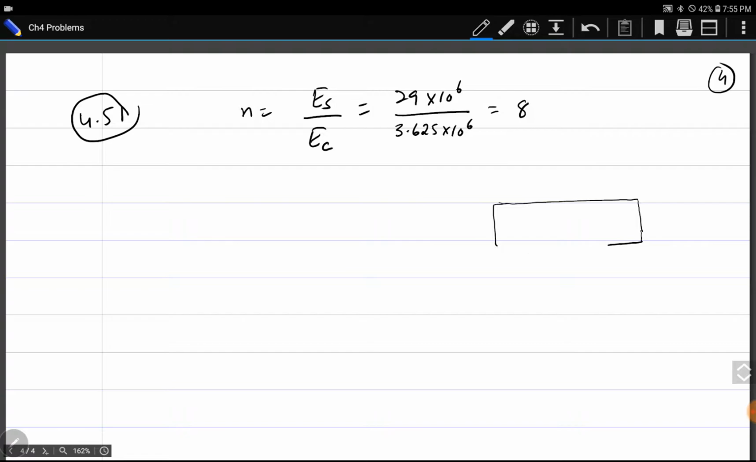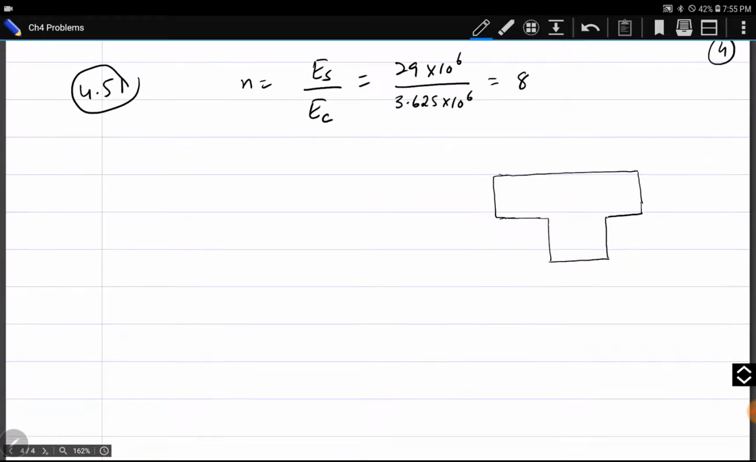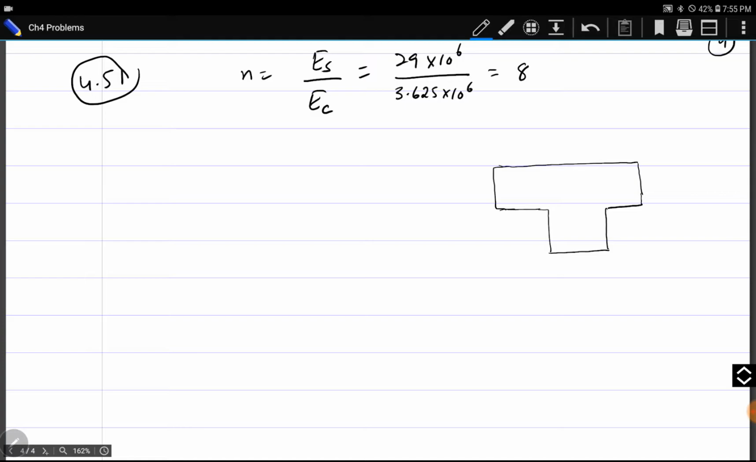I have chosen this problem just because it is a little different from the sample problem which we solved during our theoretical lecture of theory part. It is a T section, so it is a little bit different than that. Steel has been transformed into concrete. Here is our neutral axis. From neutral axis,